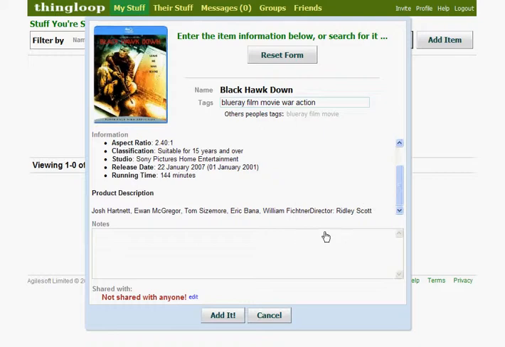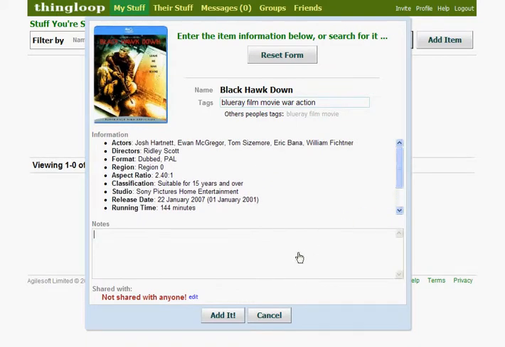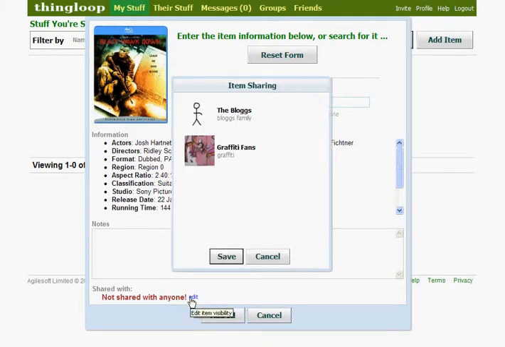We could enter some additional information down the bottom here in the notes section if it was a particularly fragile item or there's any specific notes we wanted to put, we could stick them in there. The other thing we can do at this point is to actually edit who it's visible with. So currently it's not shared with anyone,